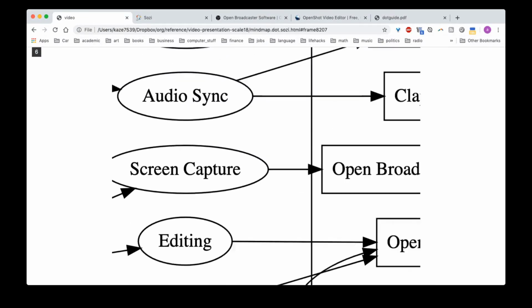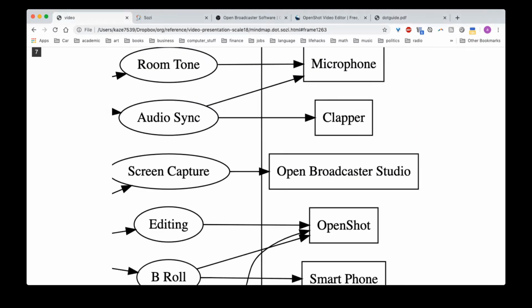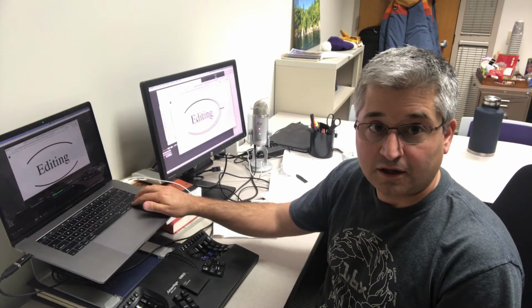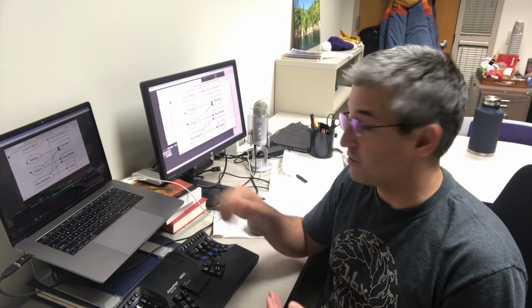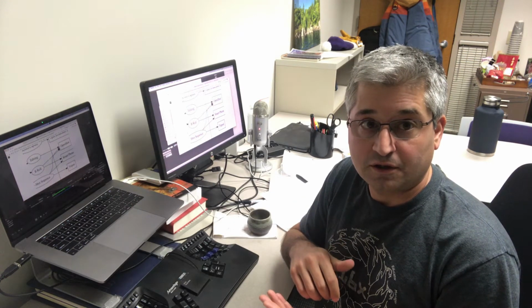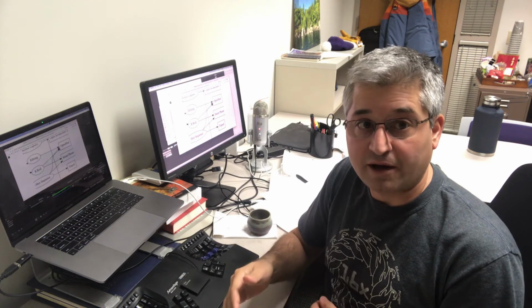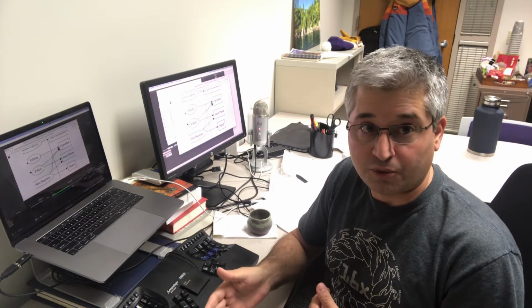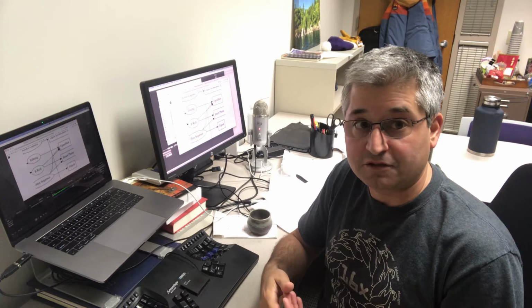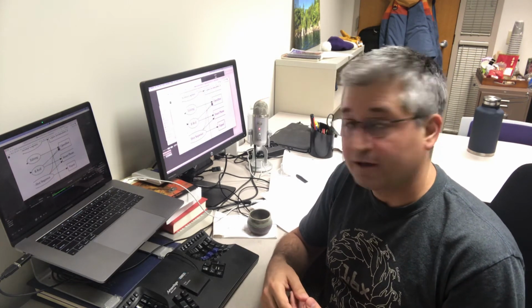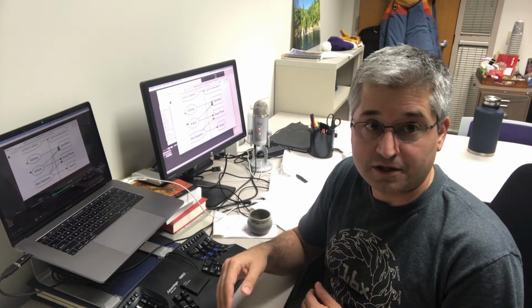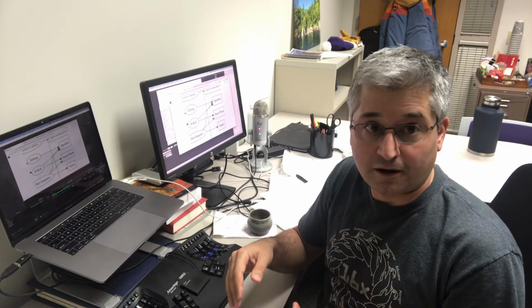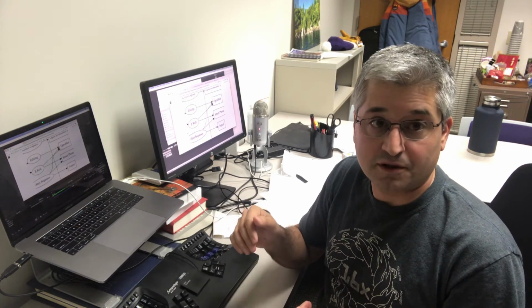And the graph is based on Graphviz, and it's a language where you specify the graph structure declaratively, and then you compile it into an output. In this case it'll be SVG, and then we load that into Sozi and then animate the different steps through